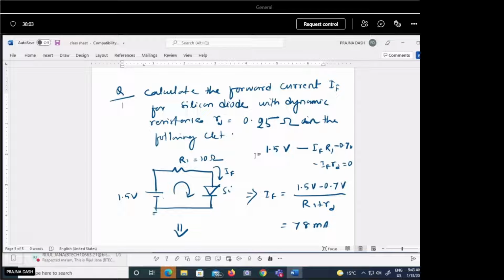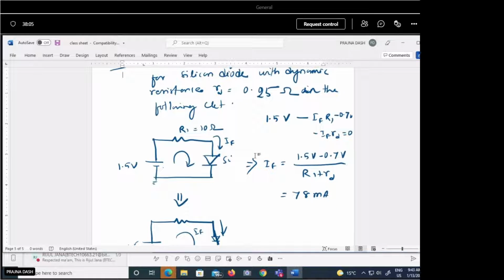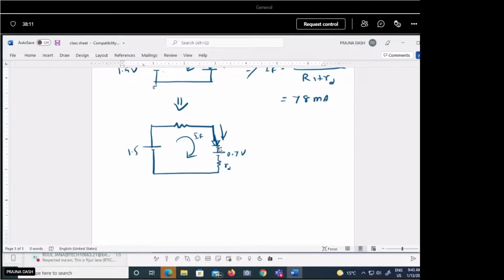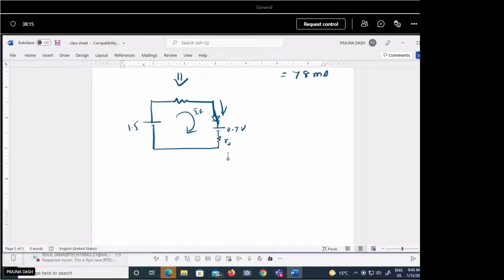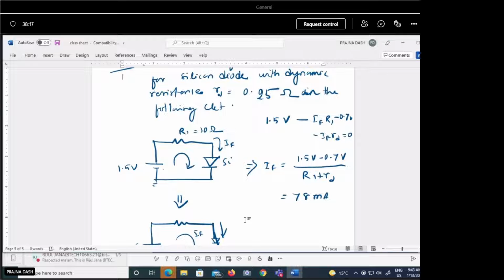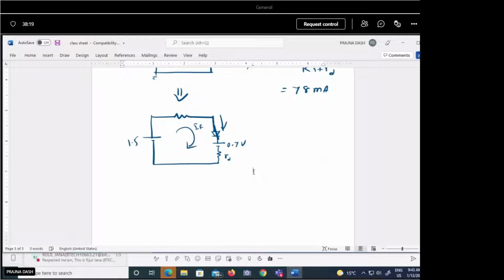So this is one type of numerical. Then let us see, if two diodes are connected, how to find the series voltage or parallel voltage, all these things. Just 2-3 examples we will do so that it will be more clear. One more numerical: find the voltage VA